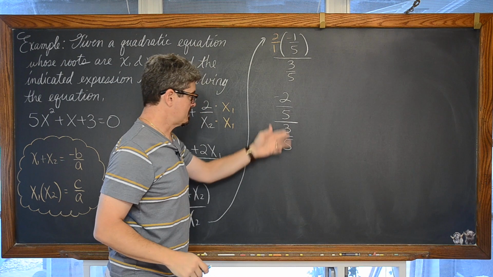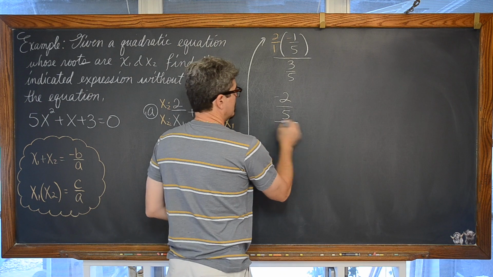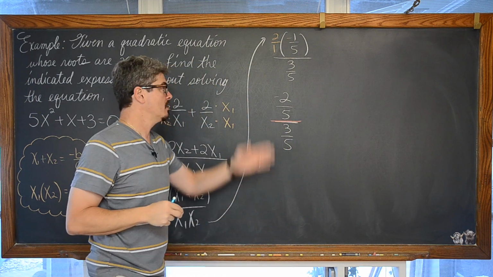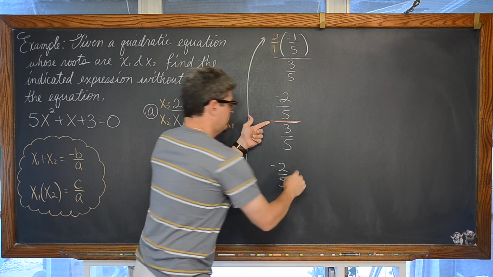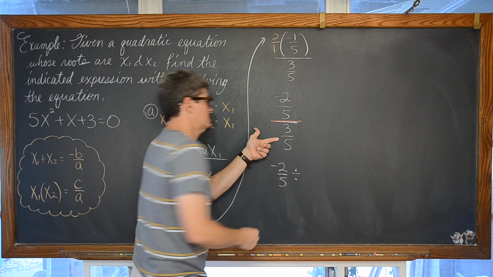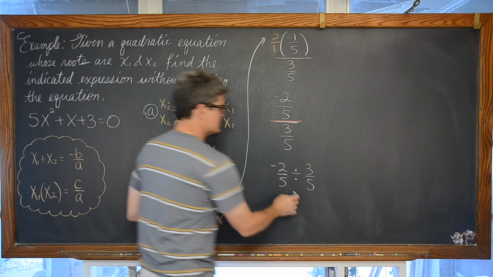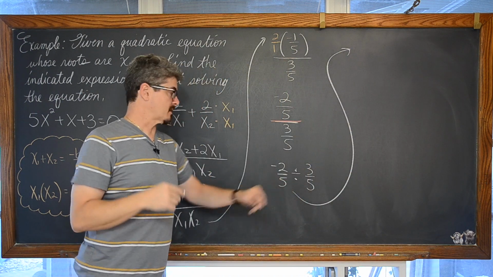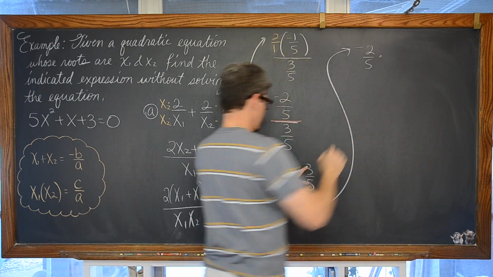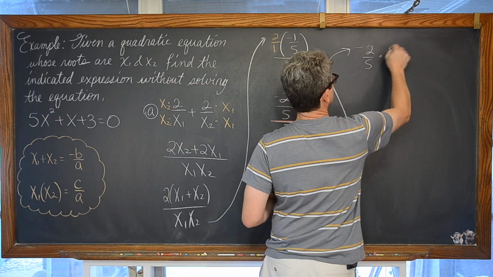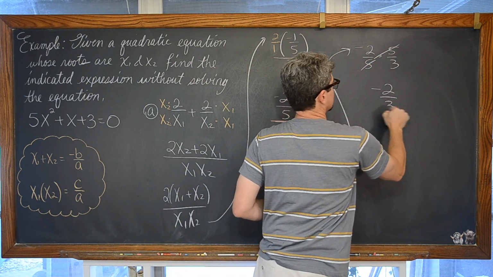3/5. You may know that these common denominators, the denominators of 5 in the numerator and denominator, are going to cancel, but just in case, we have our main fraction bar here. We have negative 2/5 divided by our denominator of 3/5. Of course, we don't really divide fractions. We multiply by the reciprocal of the second factor. So we're looking at negative 2/5 times 5/3. 5 divided by 5 is going to cancel, and we have negative 2/3.